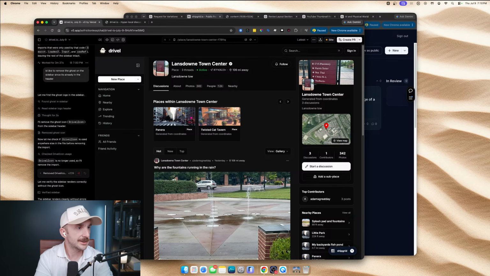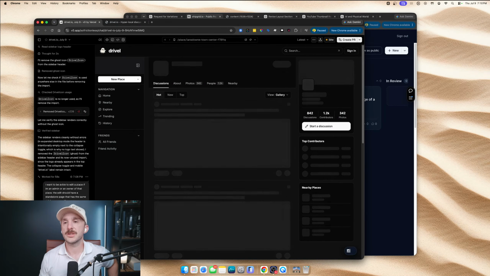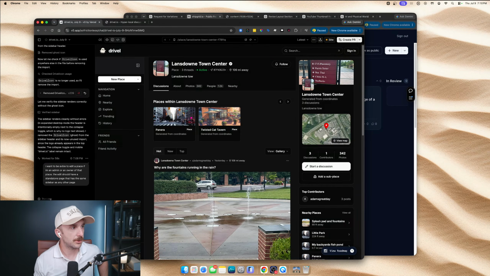The place edit should have a standalone page that has the same sidebar as any other page. Let's give that a shot. I want to do some cleanup here. And inside of the editing, I also want to be able to move images around. I want to make changes to the name, all sorts of stuff.